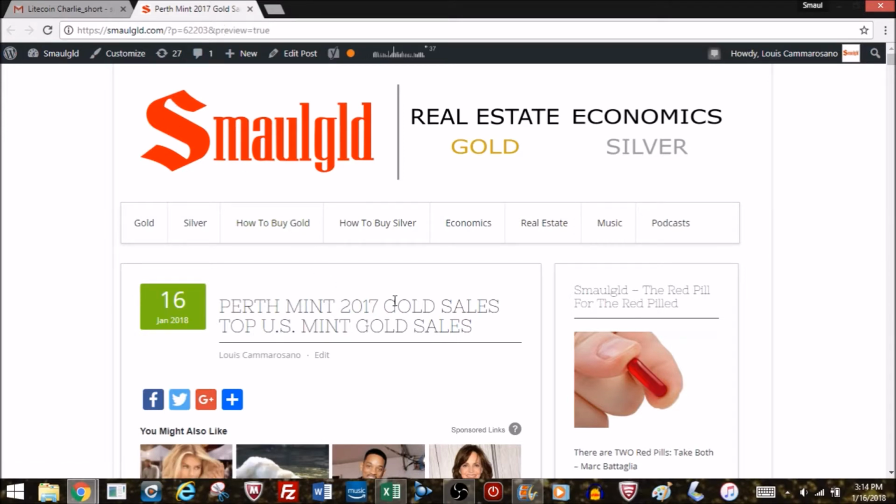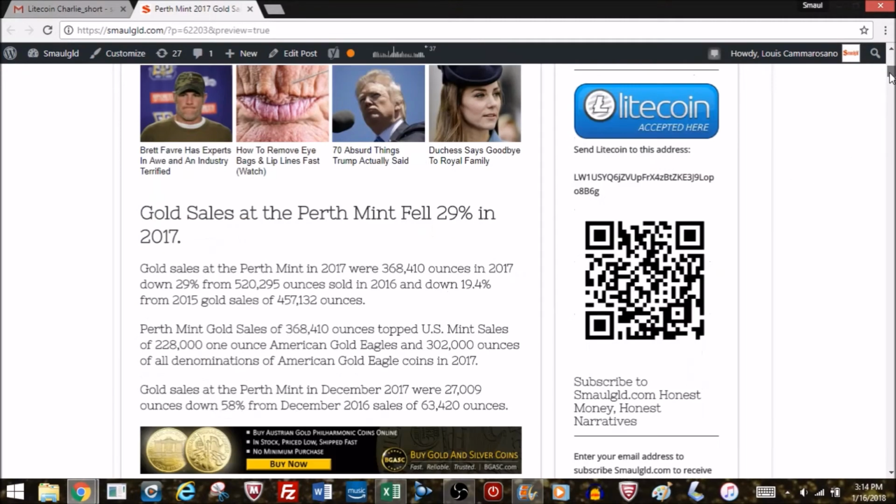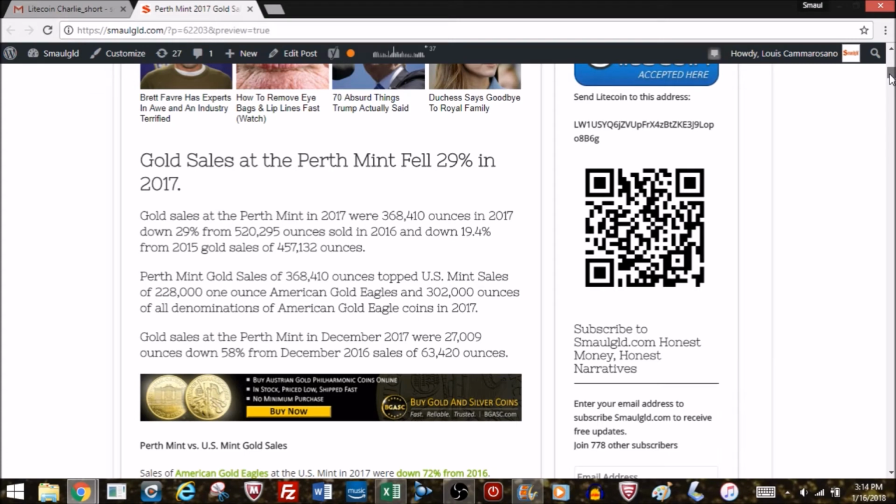Well, the Perth Mint gold sales in 2017 topped U.S. Mint gold sales. However, gold sales at the Perth Mint fell 29% in 2017. The Perth Mint sold 368,410 ounces of gold in 2017. That was down 29% from the 520,000 ounces they sold in 2016, and down about 19.5% from 2015's gold sales